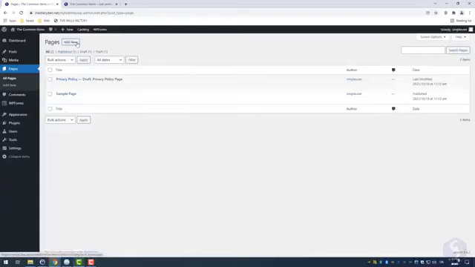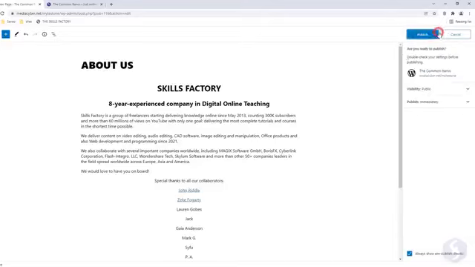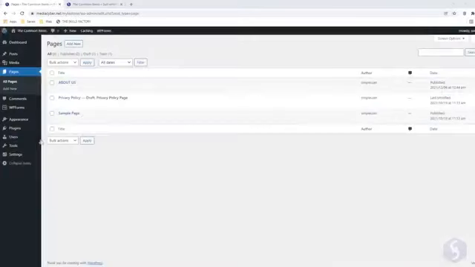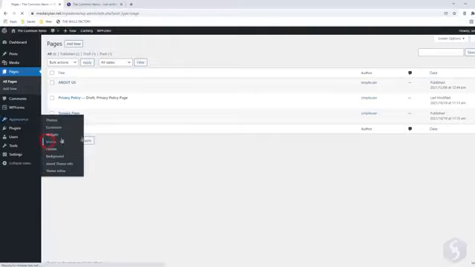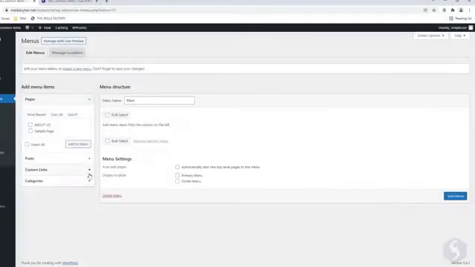You can create and build pages with the same block editor, but you still need to share the page URL somewhere, through any hyperlink or menu, or it won't be accessible. For example, let's make a menu by going to Appearance, Menus. Set any name, click on Create Menu, and then add its items, such as custom URL links,